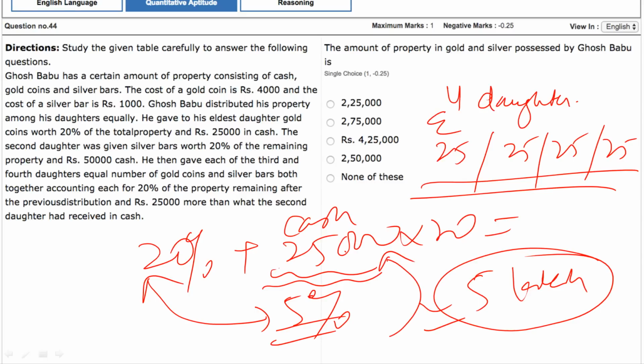If you start trying to make an equation as 20% of the total property X plus 25,000 plus 75% of the remaining property, or in fact 80% of the property minus 25,000 cash into 20%, then it will take 1 day. This is the hint. You have to understand that the wealth is distributed equally. All of them get 25%, 20% to the eldest daughter in gold. So the cash was nothing but 5% of the total money. That means the entire money which was distributed,